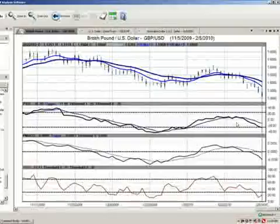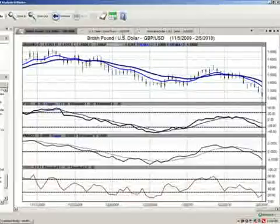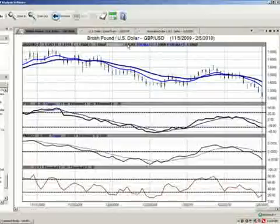Again, I believe it's going to come under pressure from the cross pairs also: Euro, Great Britain, Japan. So it's not looking very good to start the week for the British pound in general, particularly against the US dollar. So that is the Forex market